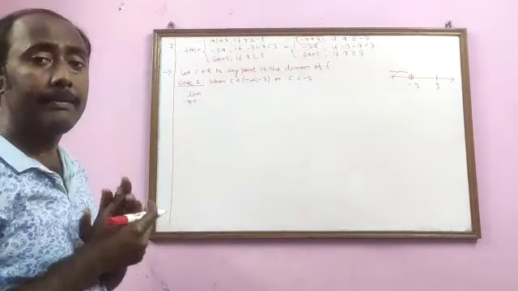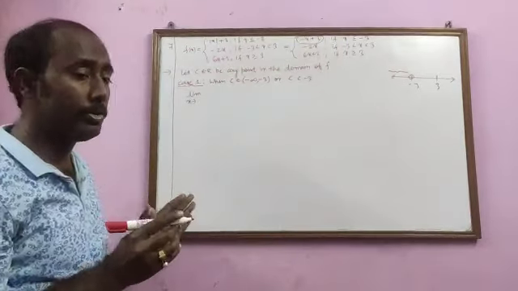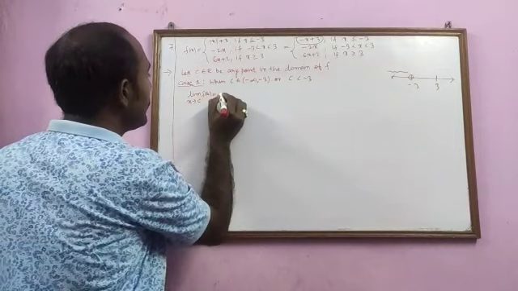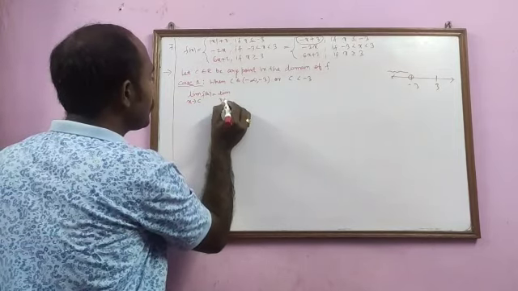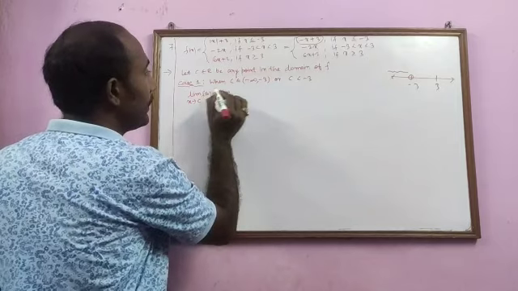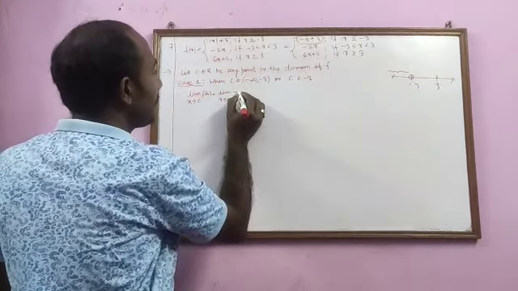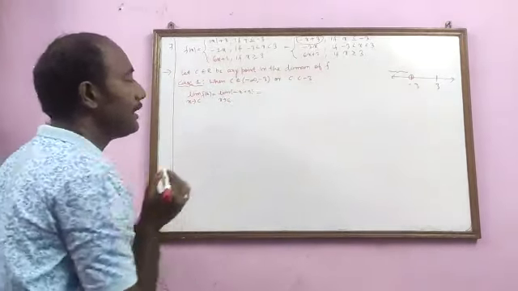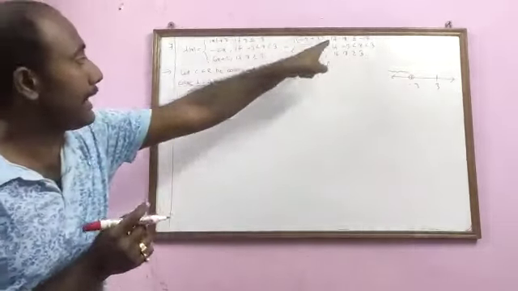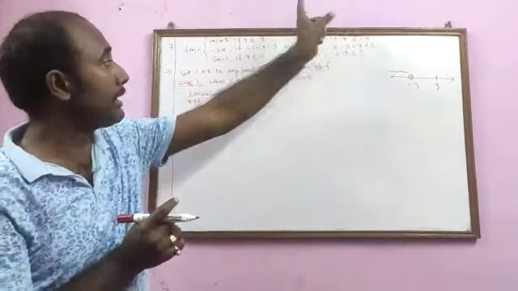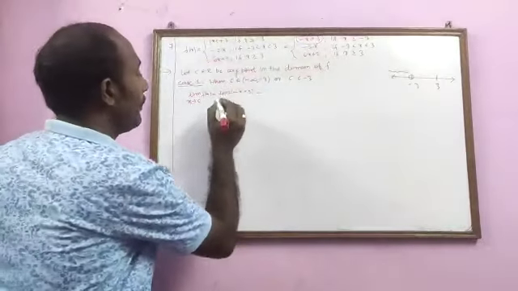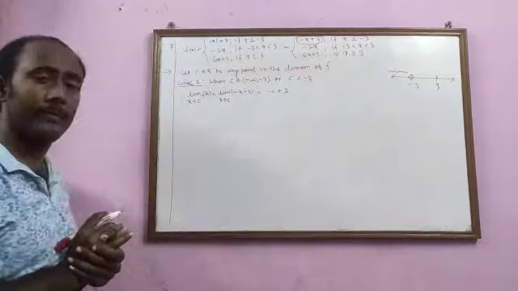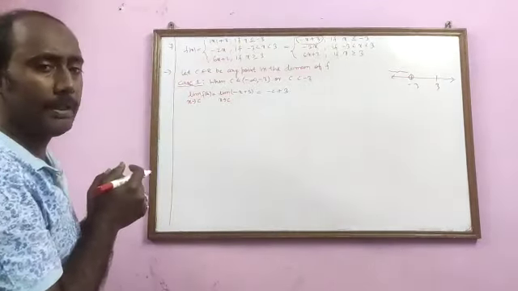So therefore the left hand limit and right hand limit will not be introduced here, because limit x tends to c of f(x) can be easily replaced by minus x plus 3. We replace f(x) by minus x plus 3, because for x less than or equal to minus 3, it is minus x plus 3. Now we replace x by c, so this will become minus c plus 3. This is how the limit is calculated for c.